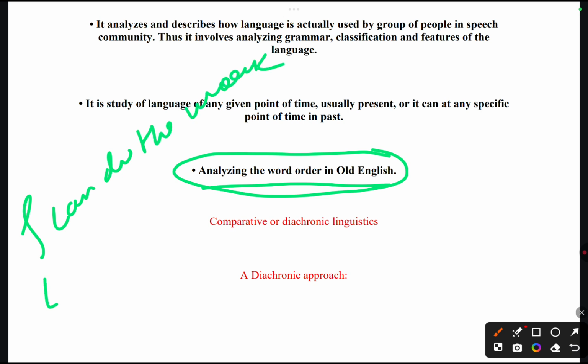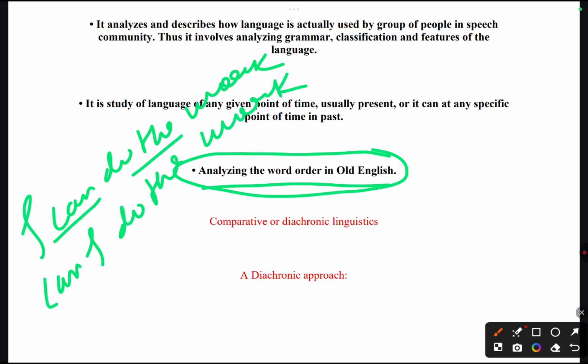Now, can I do the work? I am changing the sentence arrangement. Can I do the work? Now, the sentence arrangement, meaning the word arrangement, this is the original one, but in this I have changed the word order. These two sentences are different in modern language,